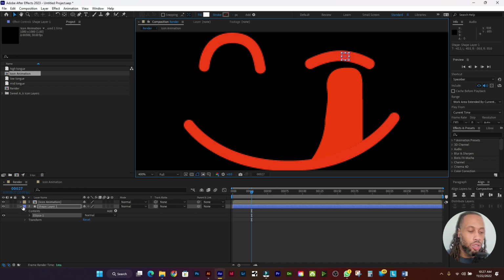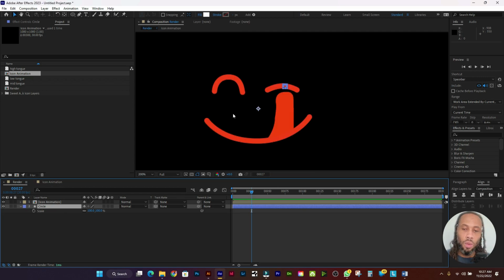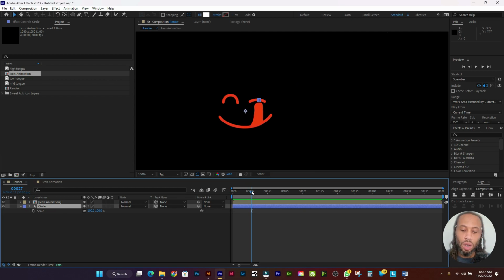And we're going to keyframe the scale property. So let's click on that shape layer. Let's rename it real quick to circle. And we're going to click the S on the keyboard to open up the scale properties. And what I'm going to do is go about maybe a few frames over. And let's enlarge the scale to, let's